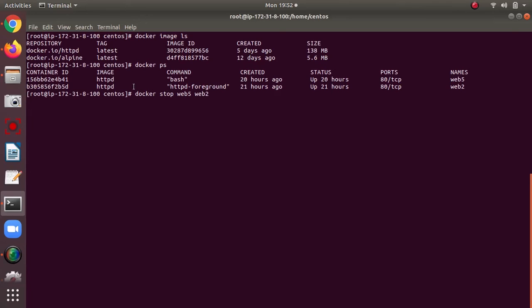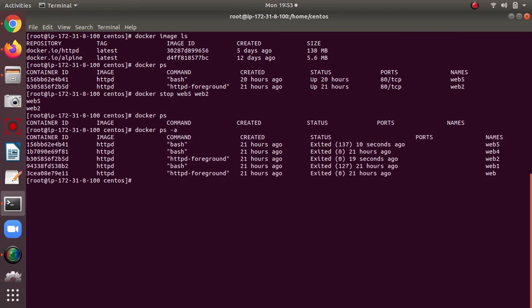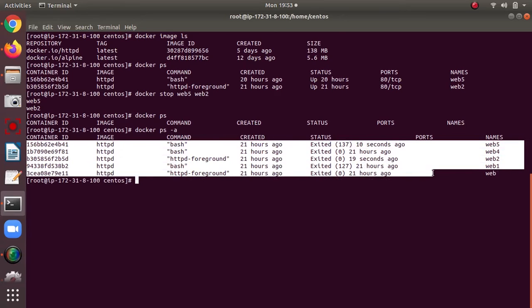After the containers are stopped, we can easily remove them. Now we check docker ps, and no container is running. Checking docker ps -a, there are five containers.